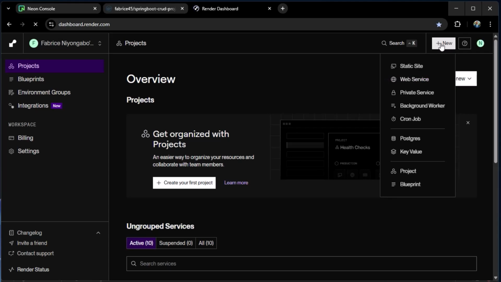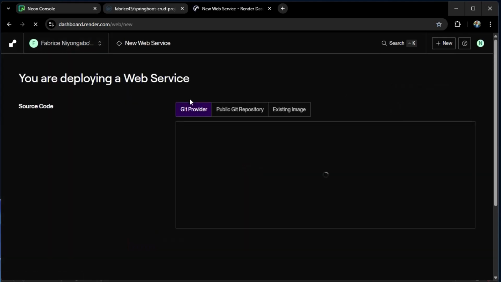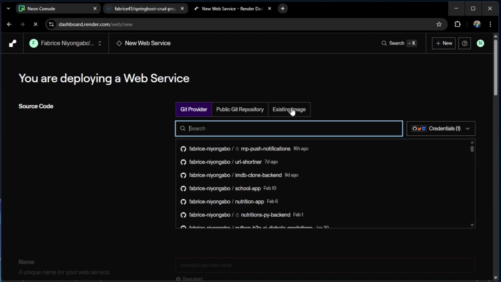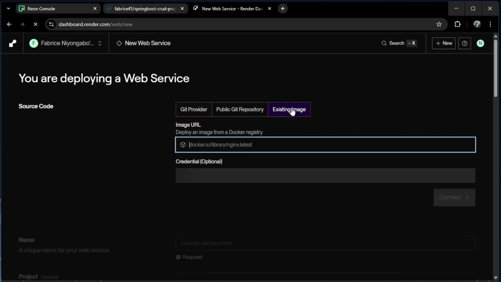button, and then choose web service, and here for the source code just choose the existing image and go back to your Docker Hub account.